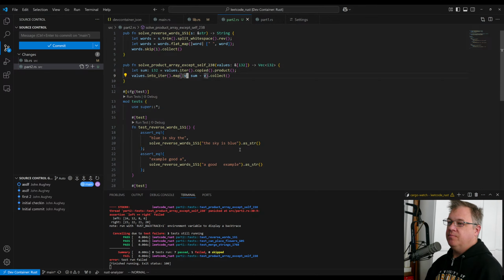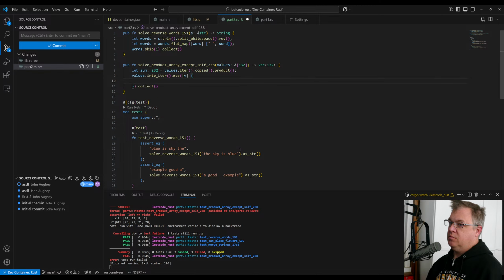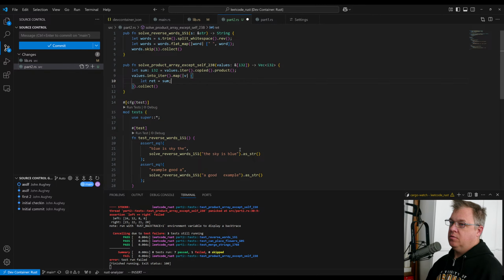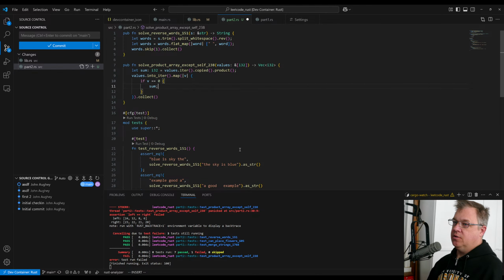Okay, this will be curious. So if v equals 0, then it's just sum. Else, if v is less than 0,